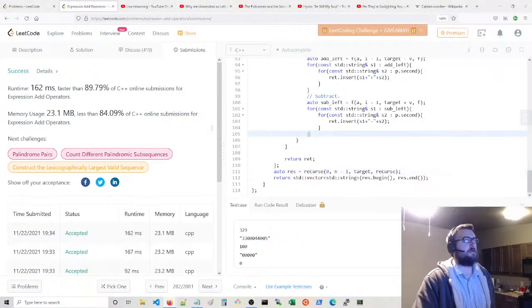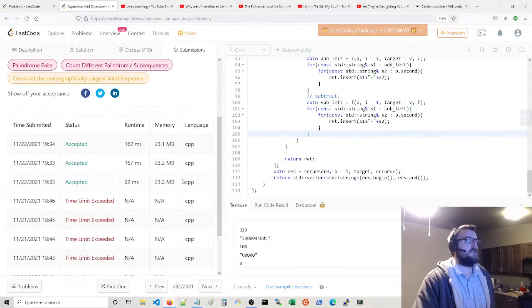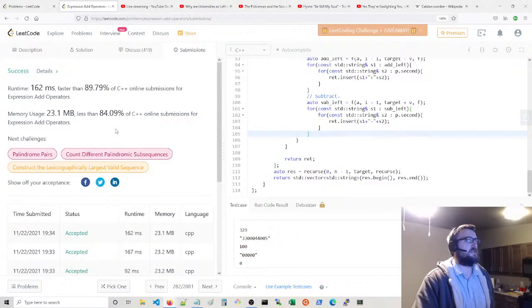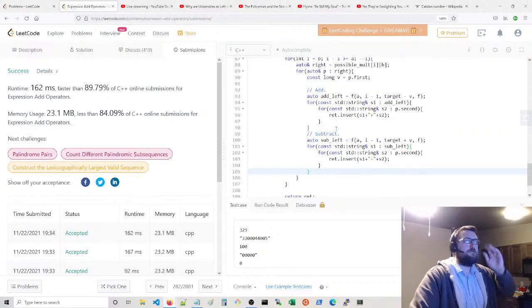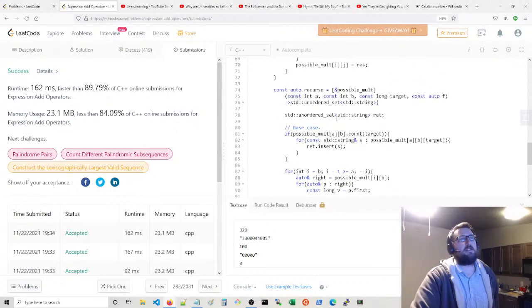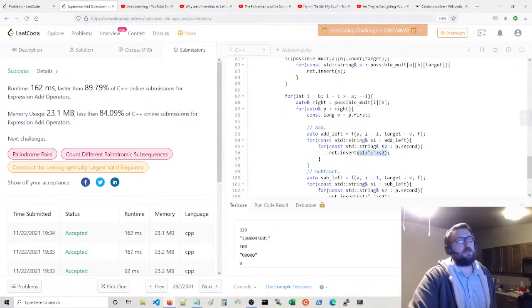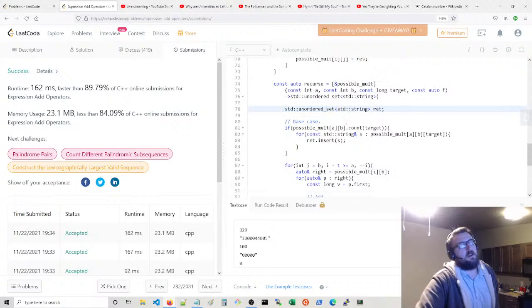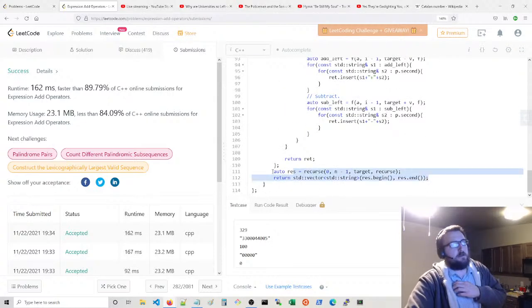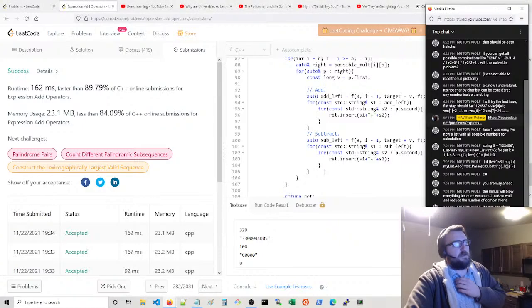Let me see if I can explain this. So yeah, we're like almost 90%. We rolled the first time we got 92%. It's pretty good. So the way this works, I think we might be able to switch from sets to strings. That could be a possibility. Or not sets, to something that's not hashed, like vectors. Then we don't have to do this extra step at the bottom, but the reason I don't want to do that is because of